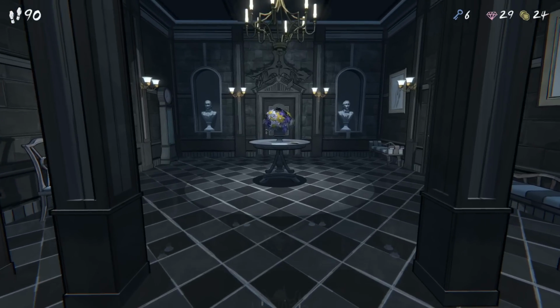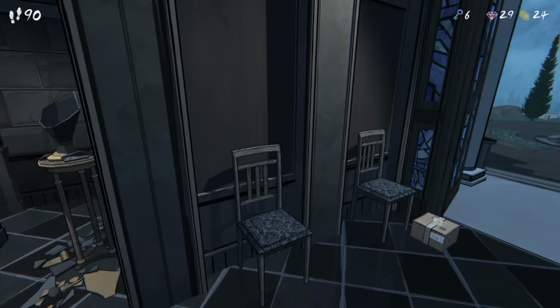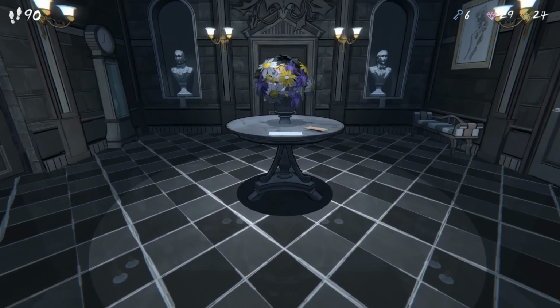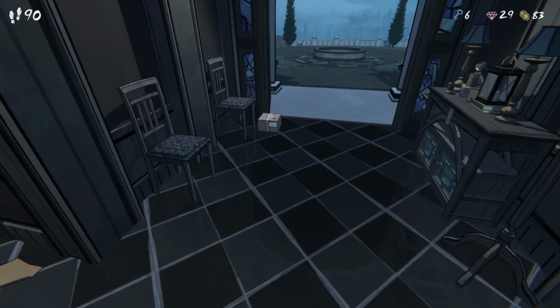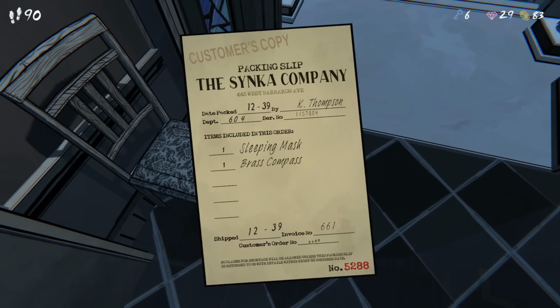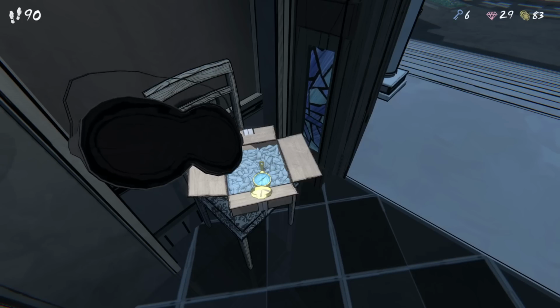I have set myself up for this run. We already have 6 keys, 29 gems, the Master Key and the Chronograph as well. 24 gold, also held on. Then we have our income of another 59, taking us all the way to 83 total gold. And we've also got a no-contact delivery of a sleep mask and a brass compass. On top of all of that,